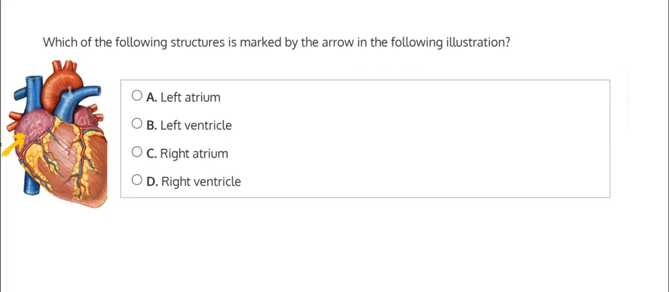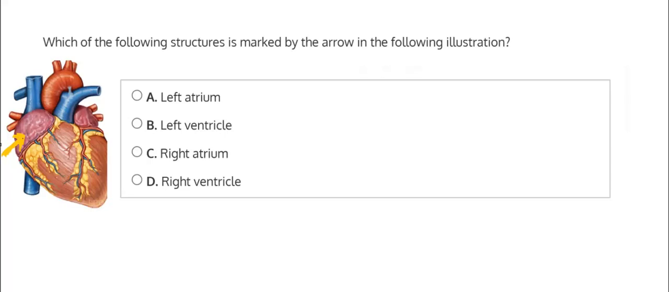The following structure is marked by the arrow in the following illustration. So, looking at this view of the heart, in order to correctly identify which part of the heart the arrow is pointing to, we need to remember which direction we're looking at the heart here. So we have to decide, are we looking at it from the front or are we looking at it from the back? Because that would change which part of the heart you're looking at depending on which direction of the